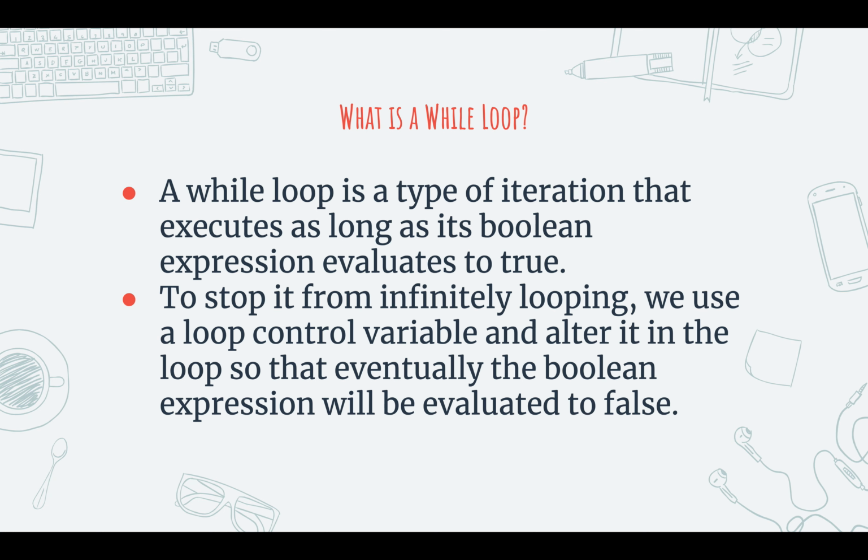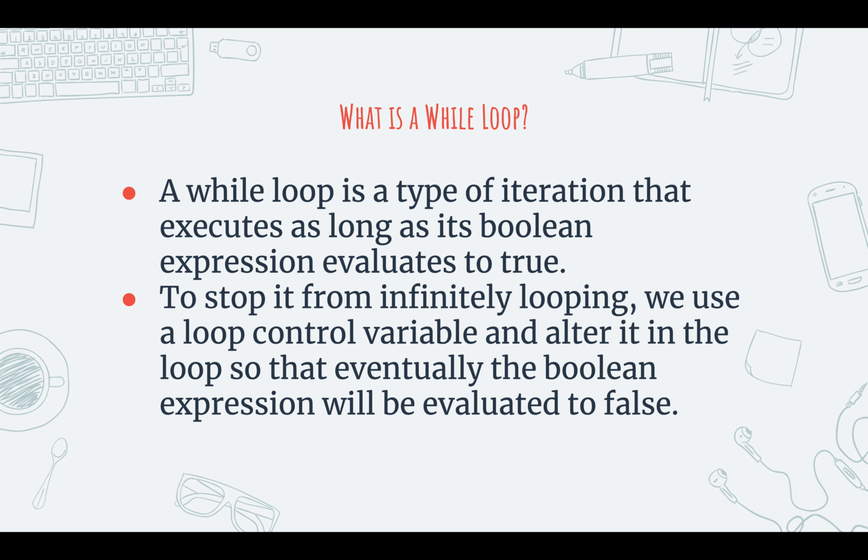So what is a while loop? A while loop is a type of iteration that executes as long as its Boolean expression evaluates to true. Think of it as an if statement initially. So we have a Boolean expression, and if that Boolean expression evaluates to true, then it will execute. And as long as that Boolean value is still true, then it will keep on executing until that Boolean value